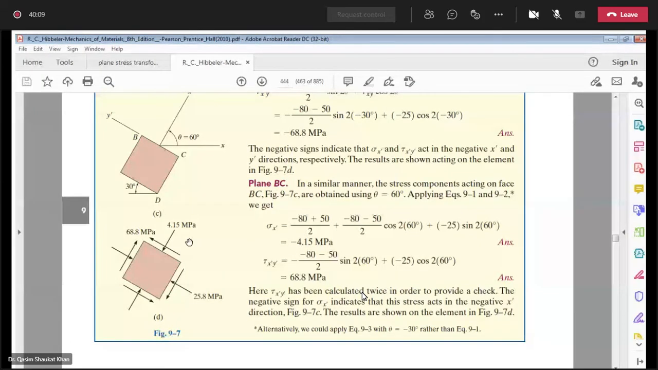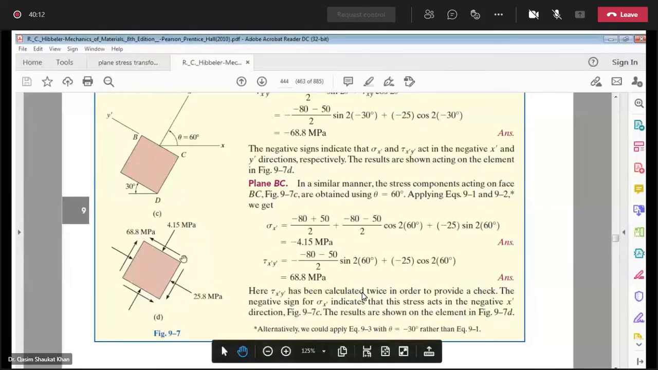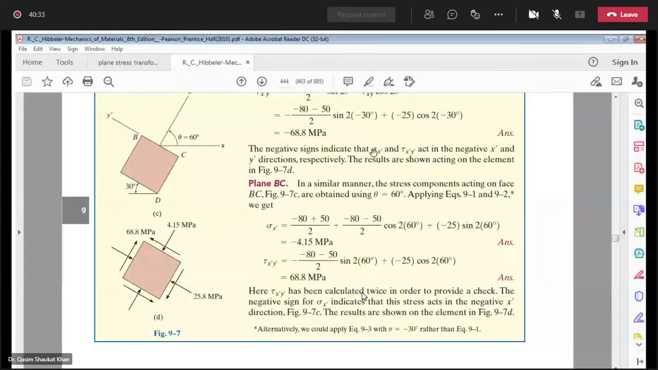So you can also show the state of the stress on the element, just similar to this, for both theta 30 degrees and theta 60 degrees. Is this thing clear? If it is clear, then the next thing is,